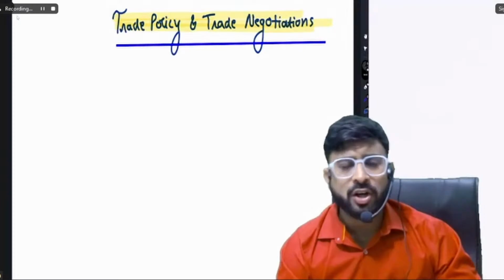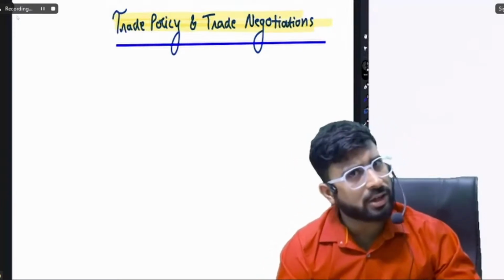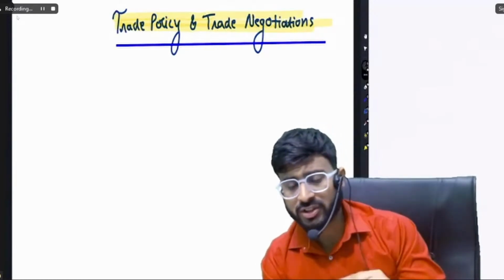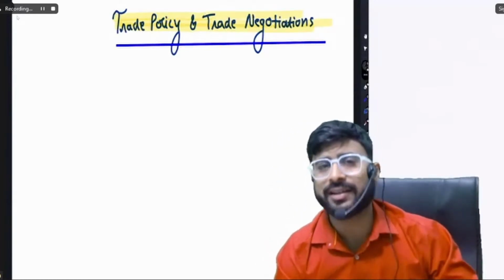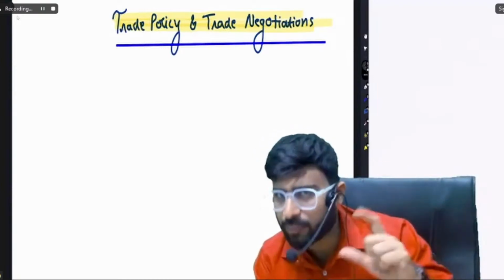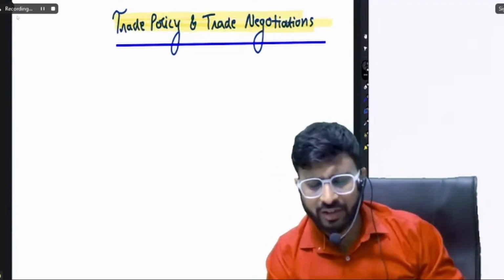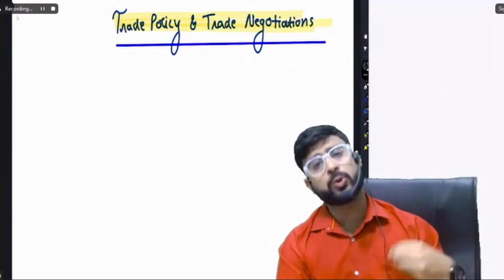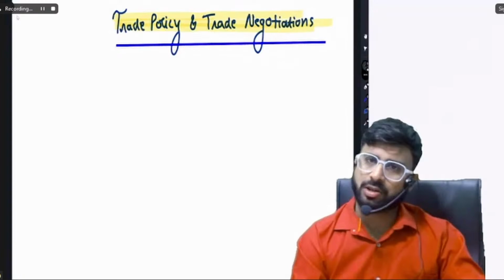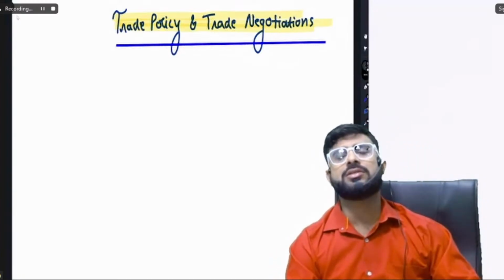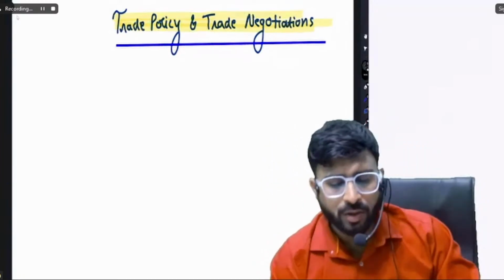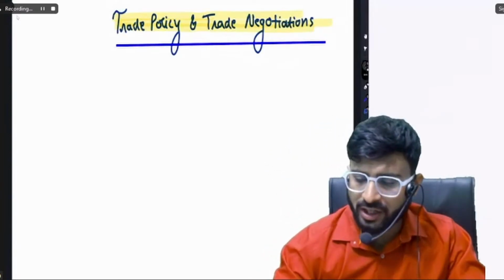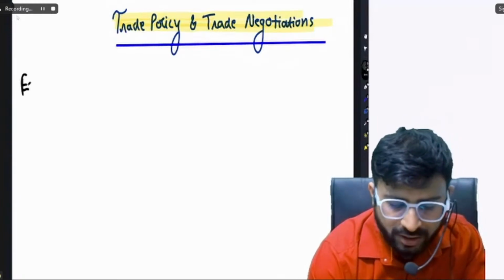So friends, I repeat, trade policy we had begun in our last class. If you have not understood or not seen the last class, then the first part of today's class will be a little difficult to understand because that is related to trade policy. Only one paragraph is left, not much. We will complete trade policy and then today we will also complete and practice trade negotiation. And then next day, next unit. So let's start. The name of the topic is export related measures.